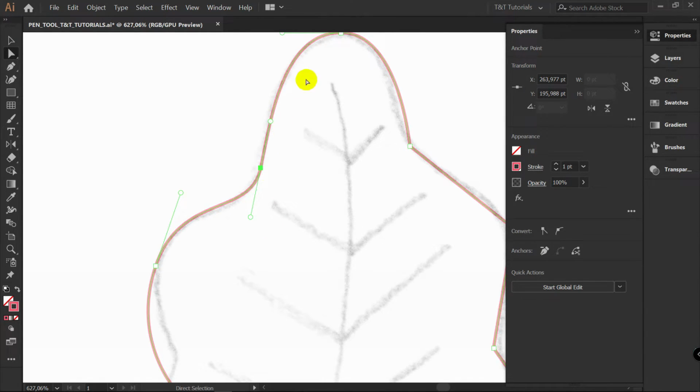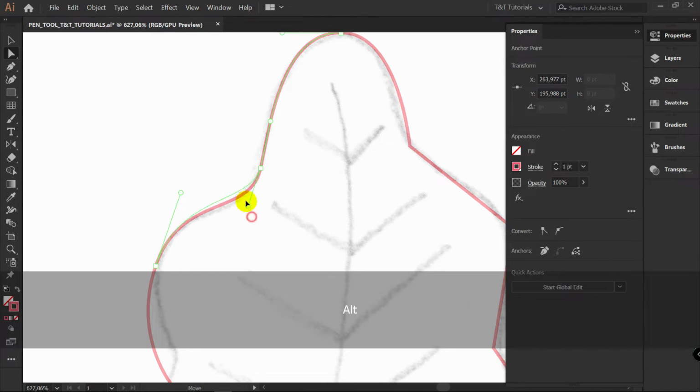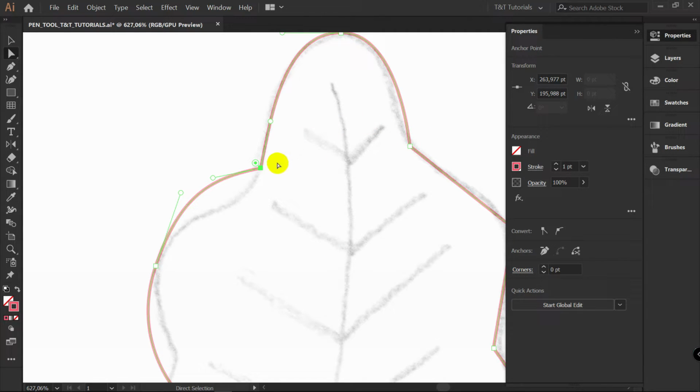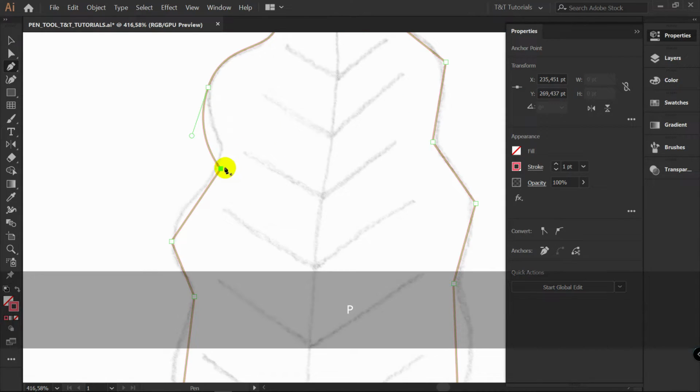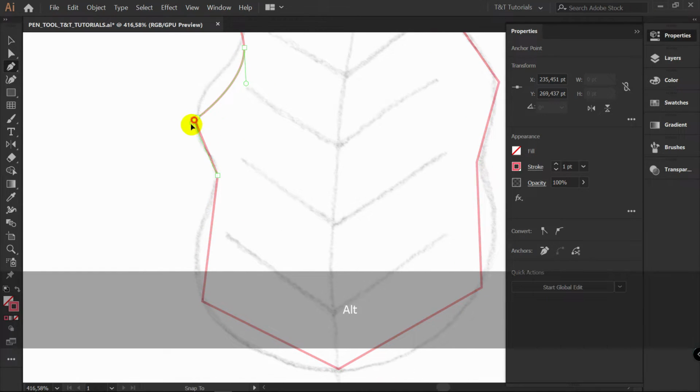For this object, we are building curved lines, but if you would like to make a sharp corner here, for example, just hold Alt and move this handle like so. Also, when you have corners like this, you always have such dots. You can drag it like this and get this curve. I will press Ctrl Z to undo, P for Pen tool, hold Alt, and just continue to make curved lines,